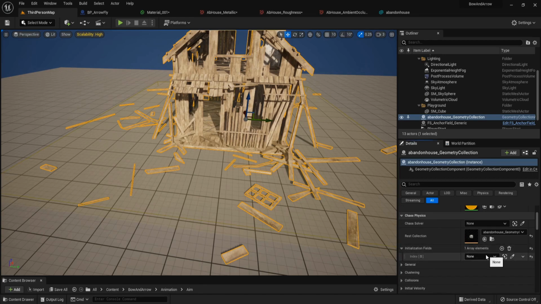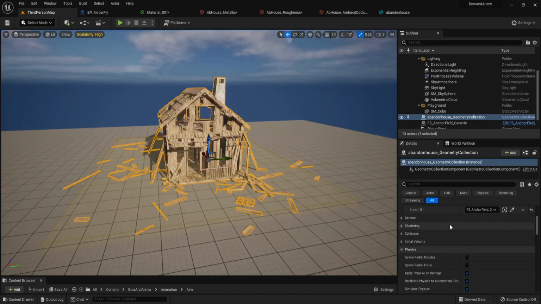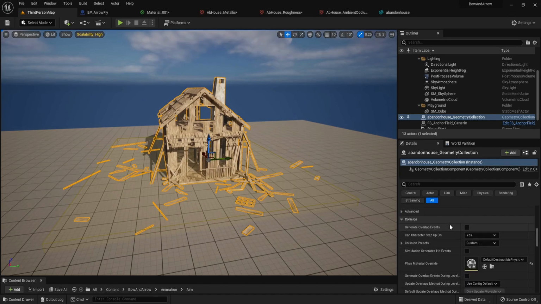Add element and use this anchor field. Then scroll down and find generate overlap event and set it to true because our arrow only overlaps when it generates overlap event.